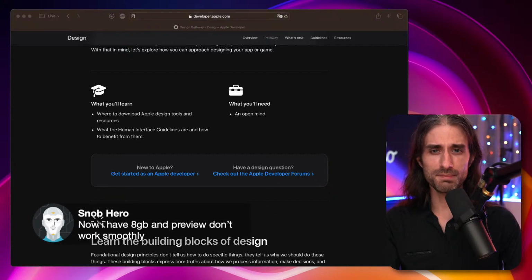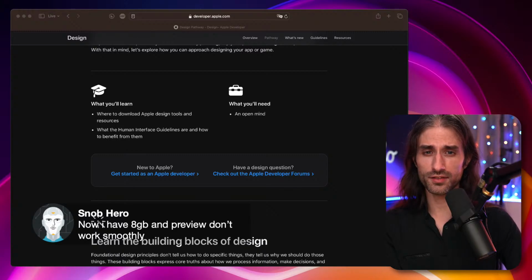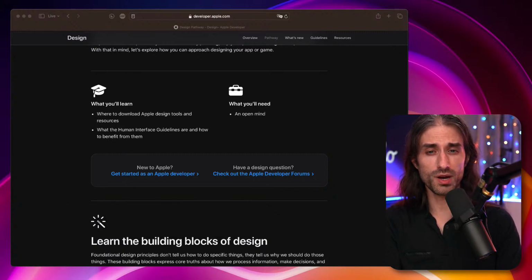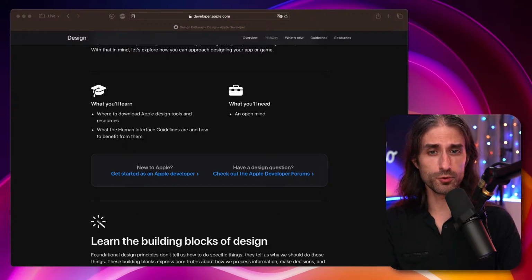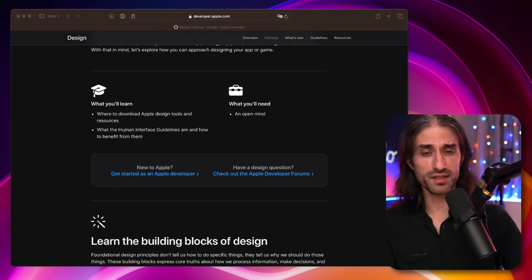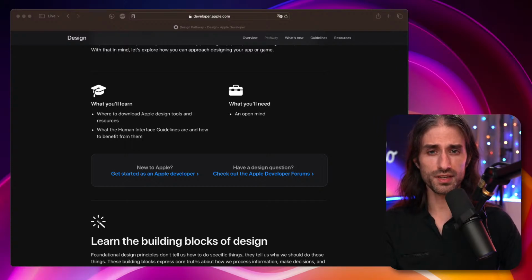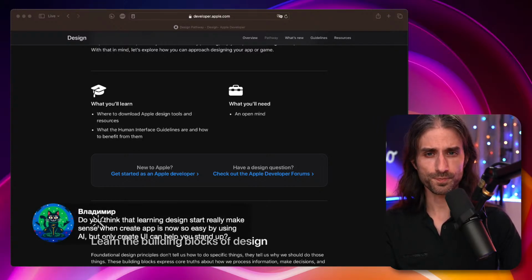Good point. So previews might be what doesn't run super smoothly. If you feel it's an issue, honestly, you might want to get a 16GB one. Between the refurb on the Apple Store, sometimes also Amazon has some nice deals on the previous generations. You might be able to find one at a good price. To be honest, my 14-inch MacBook Pro is an M1 Pro. I bought it on the refurb when they announced the M2 Pro, and I got it at a very nice price back then, because it was almost 2 years ago. So looking at the refurb is a great option also.